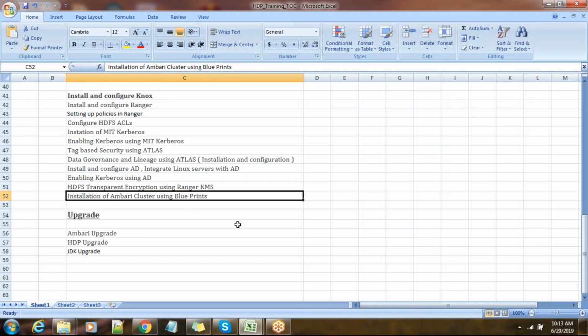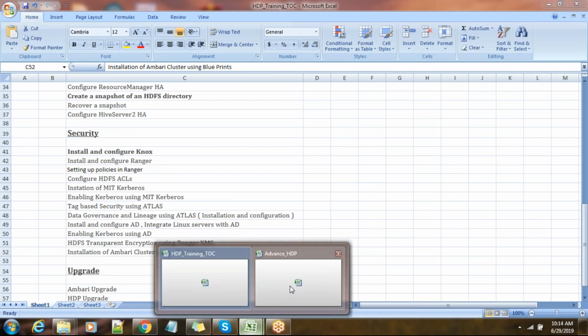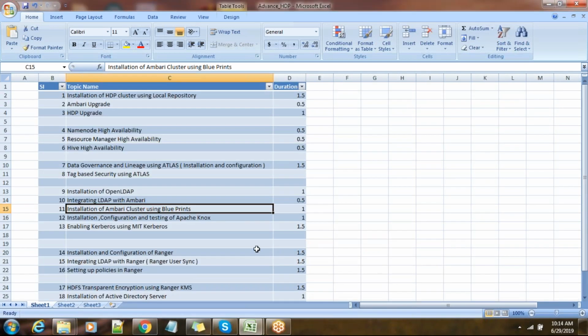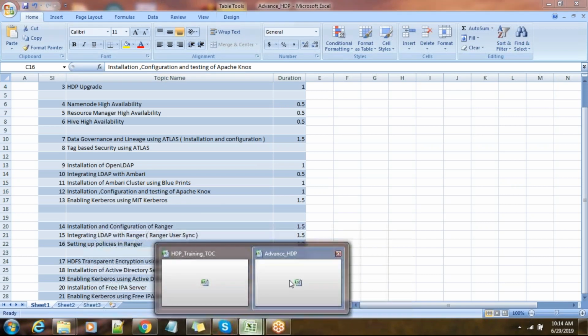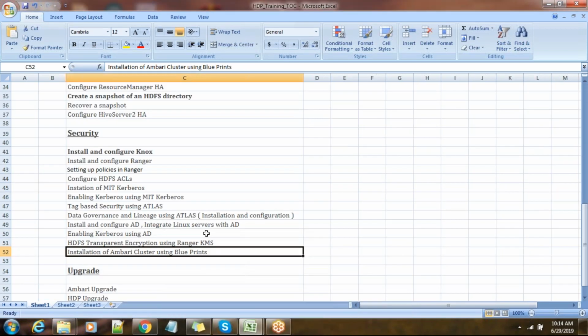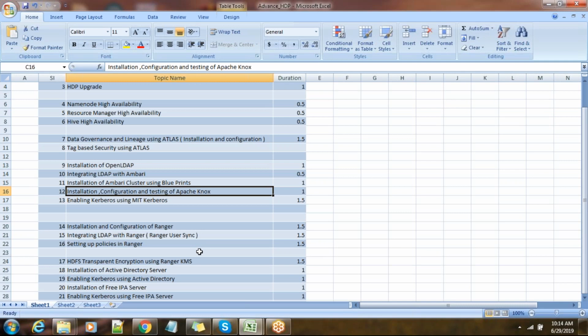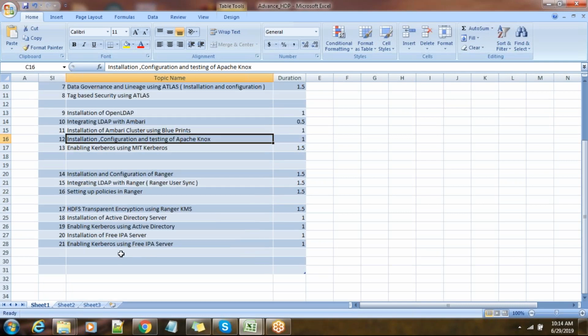All right. Okay. And any other topics we needed going forward, we will just add. And it's a thing, installation, Knox. Okay, Knox. I think we already have it here, right? Yeah. Knox is there. Ranger. Anyway, I will integrate everything.